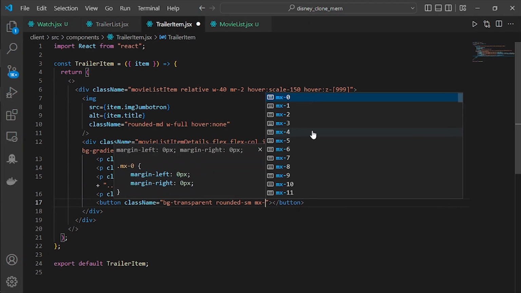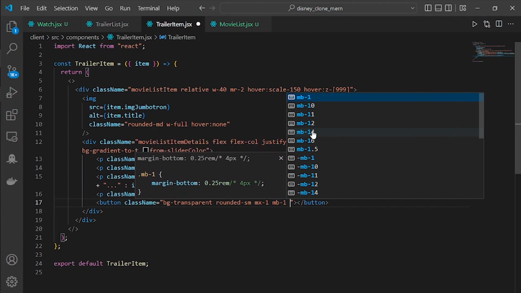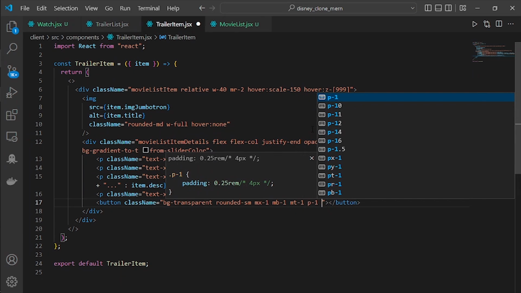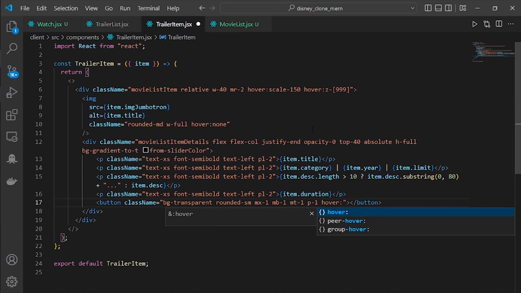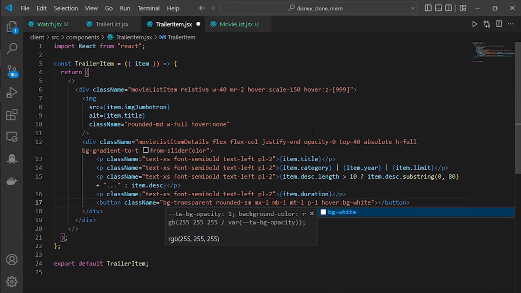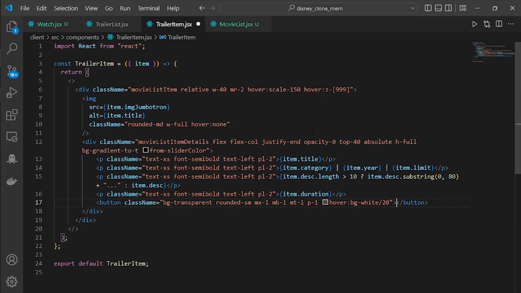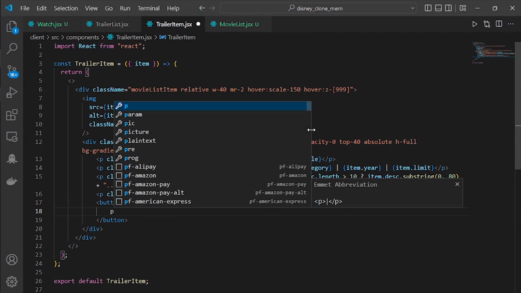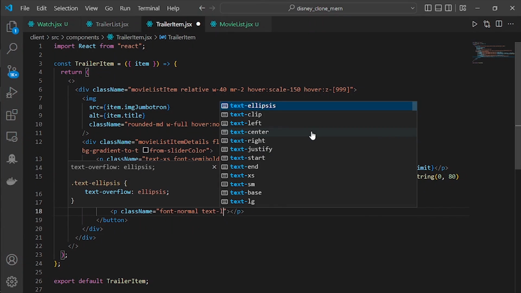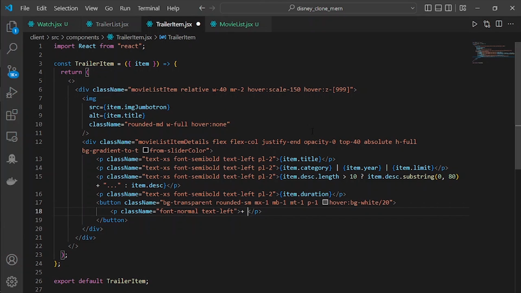For the margin x is 1, margin bottom is 1, margin top is 1, padding is 1, and when it's hover, it will have background white/20. And for the text, it's just going to be p and then class name equal to font normal and then text left is plus